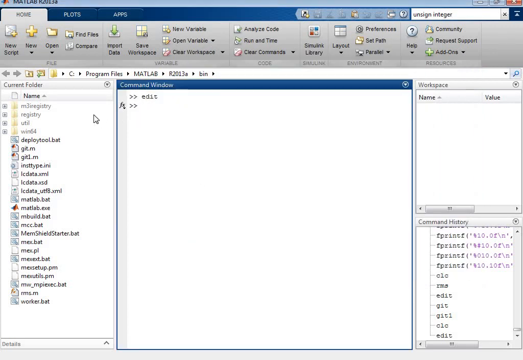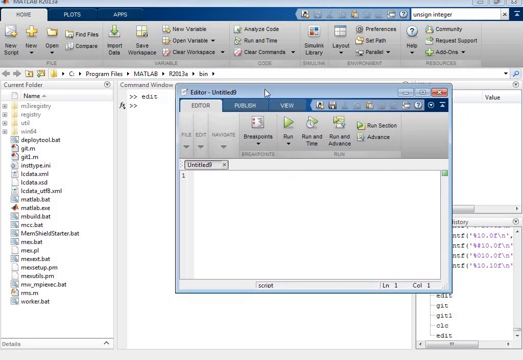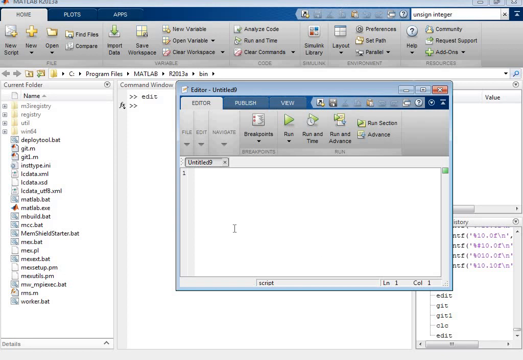In another way, you can also open a blank script from here, like new script, and just click new script, and this editor appears here. So you can write a command over here. These are the two ways in which you can create or run a script.